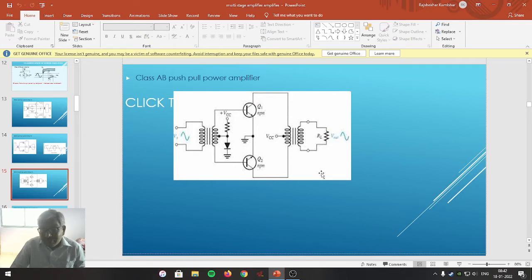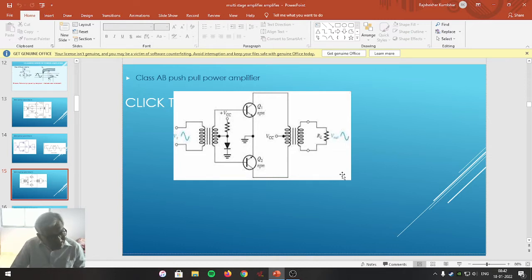We are well aware that in the class A push-pull power amplifier, collector current flows throughout the full AC input cycle, that is, in the positive as well as the negative half cycle. In class B, collector current flows only in the positive half of the input AC cycle, but it creates crossover distortion. Now in class AB, collector current will flow in less than the positive half cycle and less than the negative half cycle of the input. Here, the crossover distortion which is present in the class B push-pull power amplifier is totally avoided.